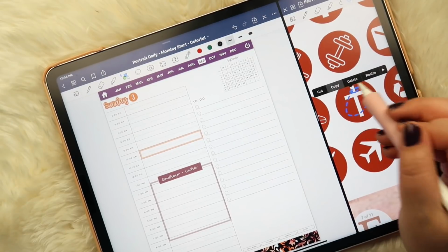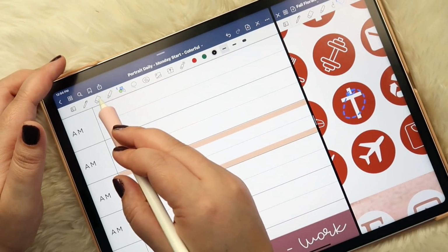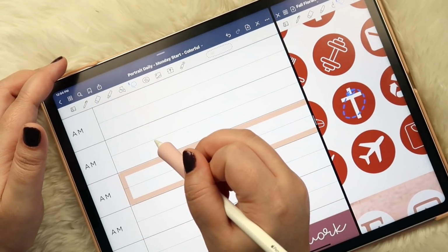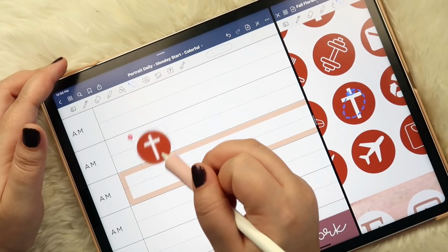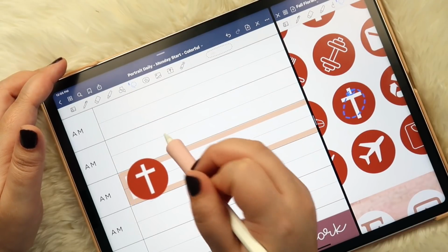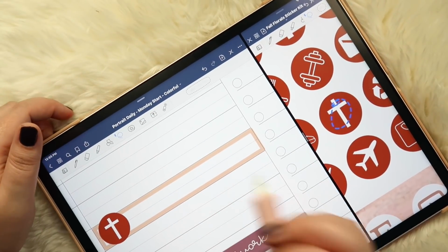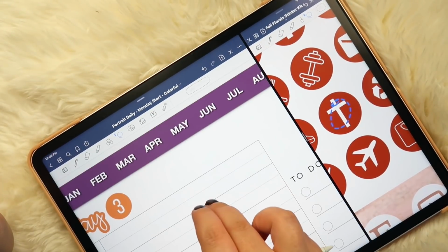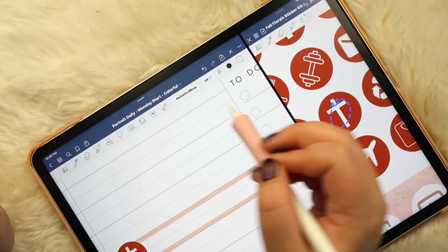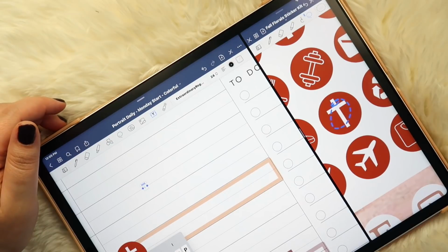Okay, and then we'll just use this little icon. So you can just pair the highlighter with the icon, and I feel like it just turns out so adorable. And I'm gonna come up with some different icons pretty soon. It's all very exciting, you guys. So we'll do extraordinary again, and then I'll do church